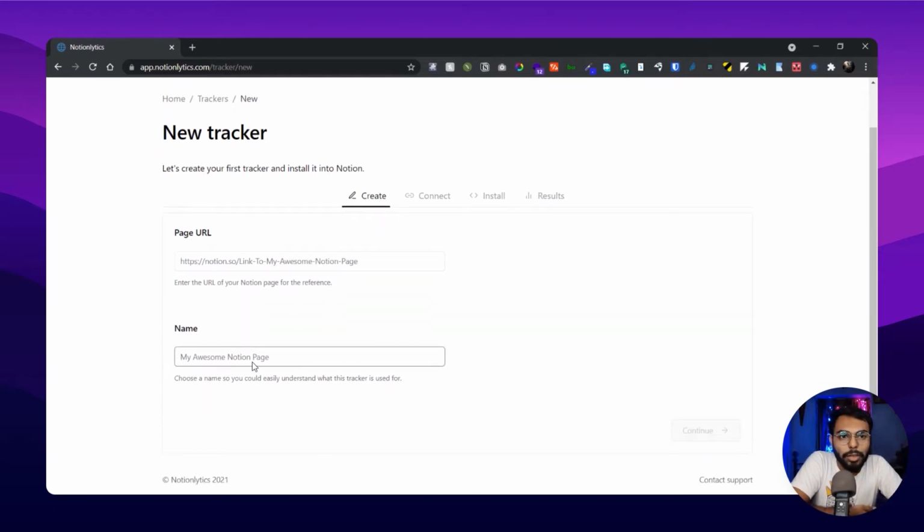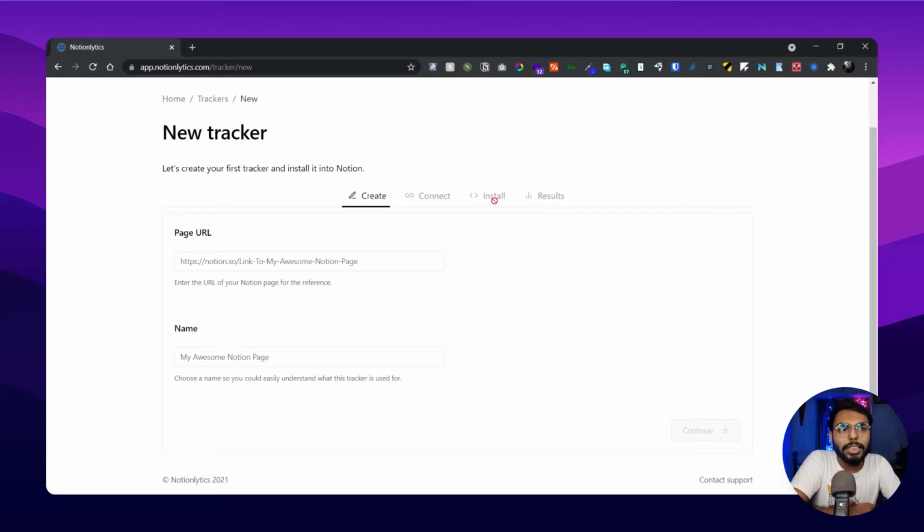Then you have to give it a title, and this title is for reference for this site only, not anywhere else. After giving that, you have to connect the site with your Google Analytics, and they provide great support, like step by step guides, so that would not be an issue at all.